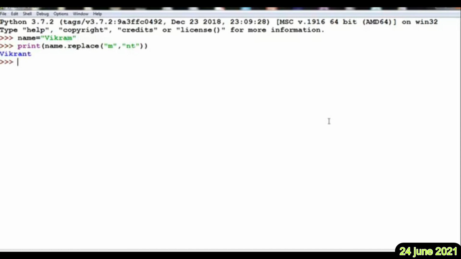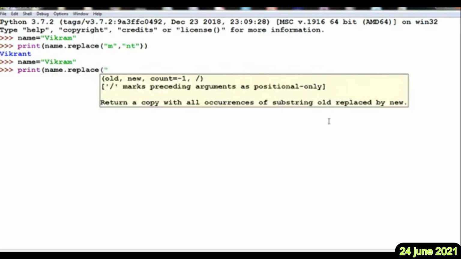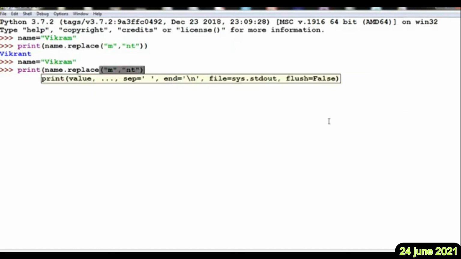Further, once again I will write name here, Vikram. Now once again I will write print here, same name dot replace M with nt, dot upper.